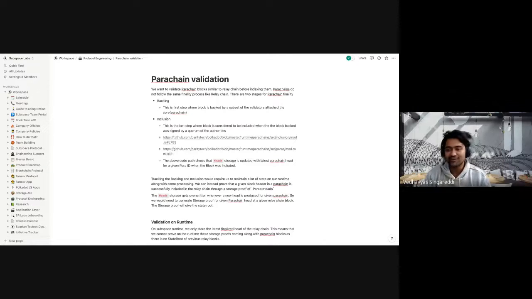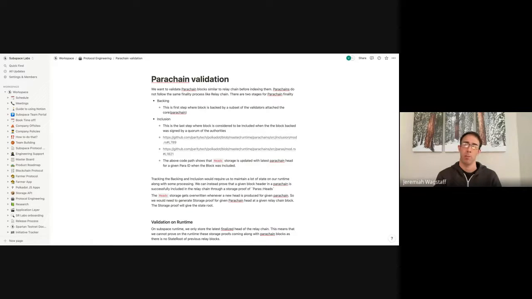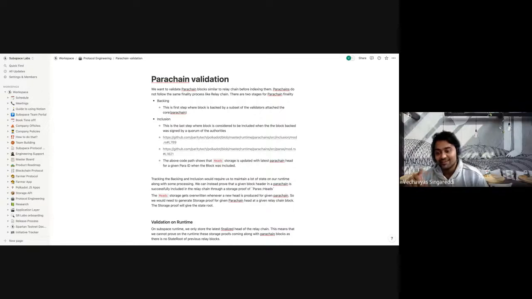And what additional potential state do we have? Sorry, go ahead, German. What additional state do we have? Because we just have a map of relay chain, like parachain feeds and what their last finalized head is, right? With this, we have to keep track of who signed what for every block, for every para head,